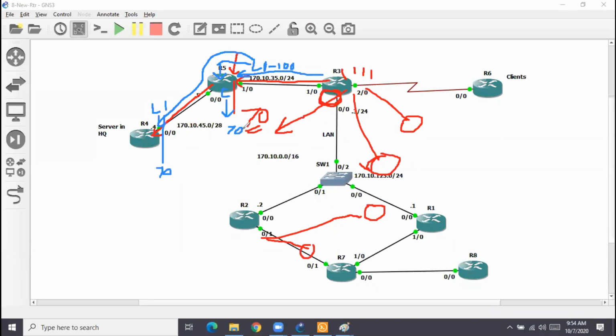That's the reason on R5, 70 is not there in the routing table, but 70 is still on the others. So if I do inbound filtering on any OSPF router, whatever routes I filter will not be visible on that particular router only. All other subsequent routers will still have those routes.